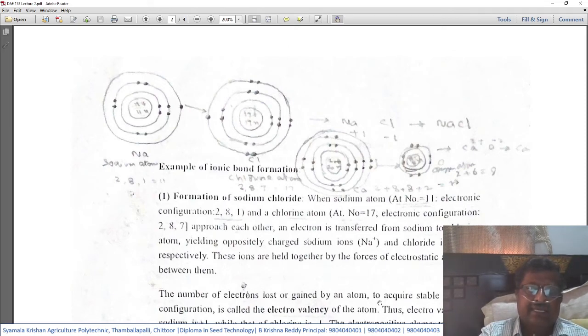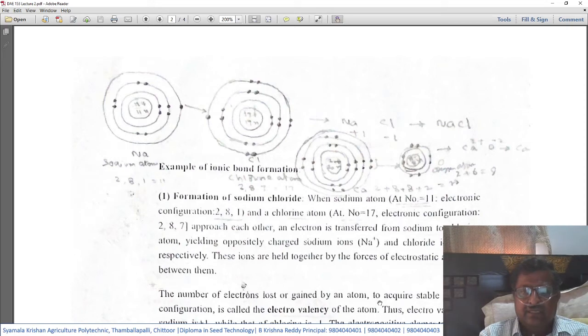In the next orbit, there will be 8 electrons. In the outermost orbit, which is also known as valence orbit, there are 2 plus 2 plus 2 and 1, that is 6 plus 1, 7. This is what it indicates: 2, 8, and 7. When these atoms with this type of electronic configuration approach each other, an electron is transferred